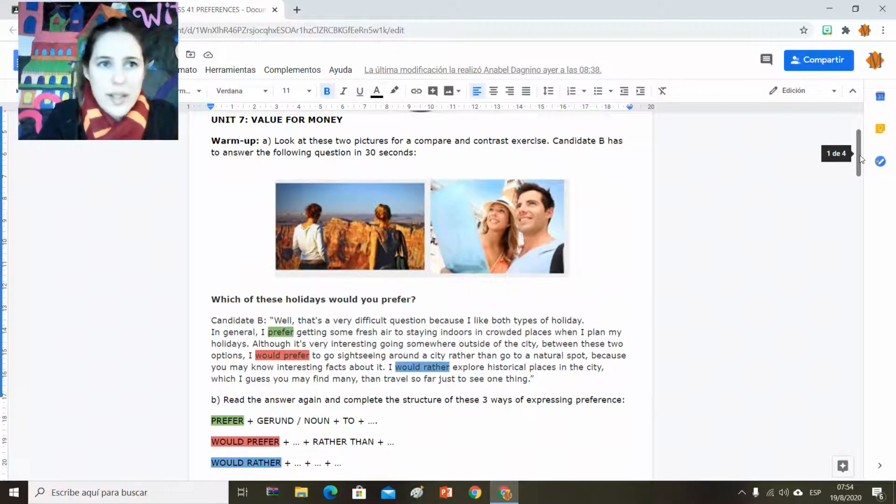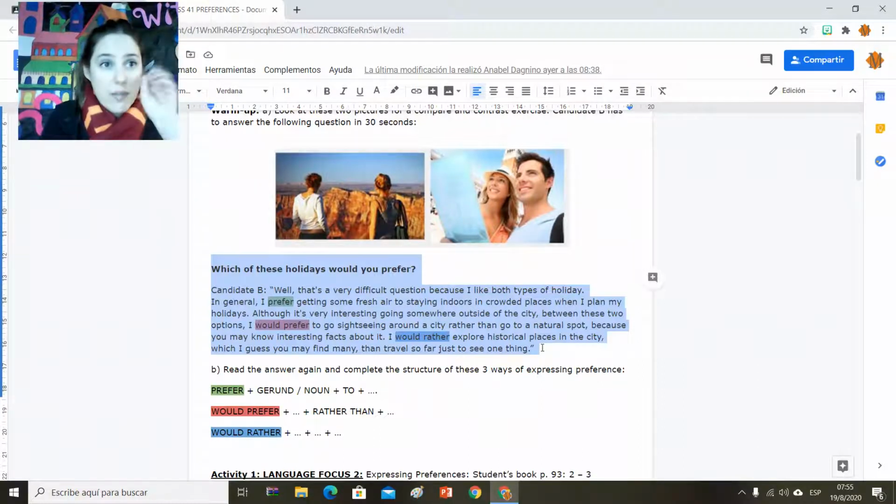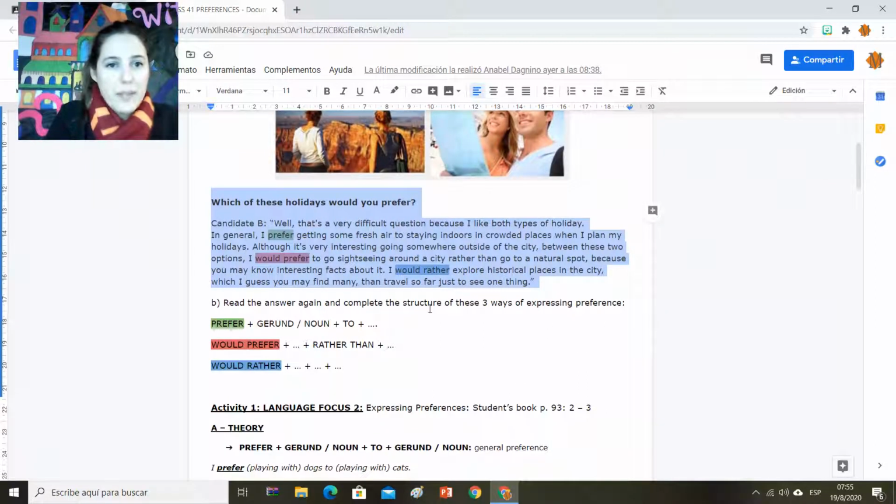Acá ustedes no tienen que hacer el compare and contrast. Lo que quiero es que lean la respuesta. Yes, I want you to read candidate B's answer. And what you're going to do is you're going to spot, identificar the structure of the three ways